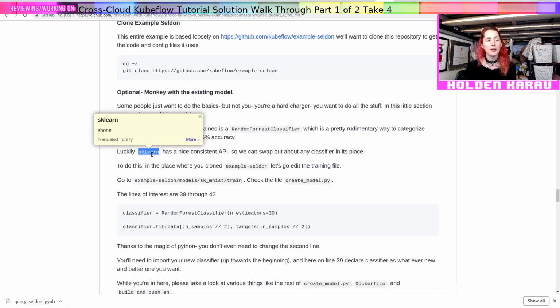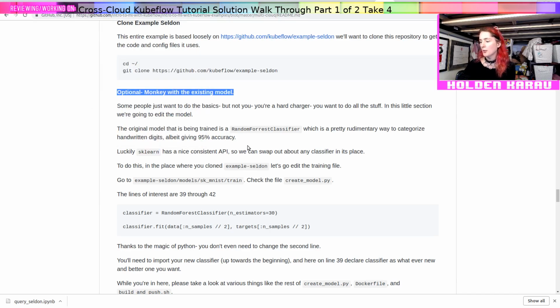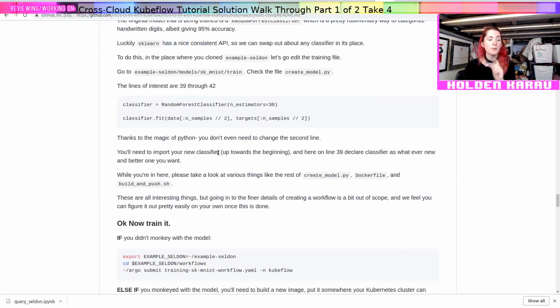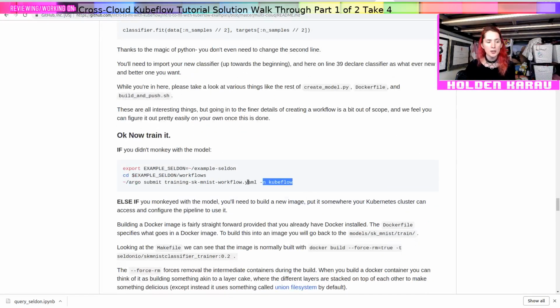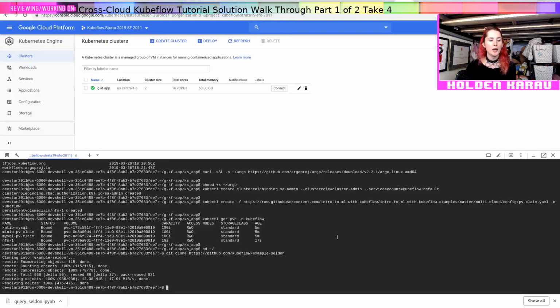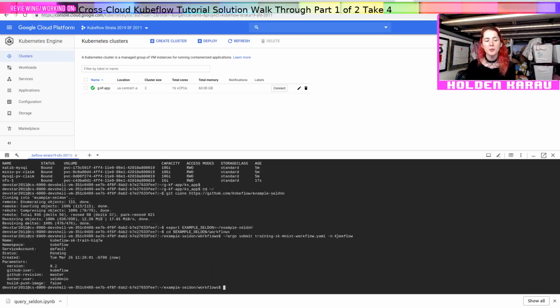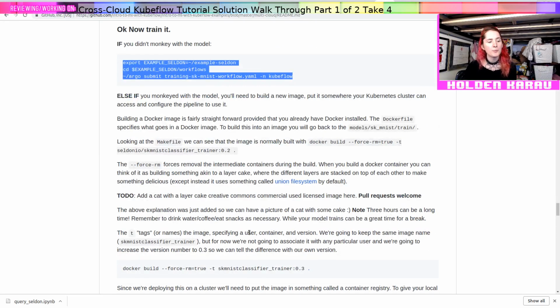Now, thankfully, there's this optional component where you can monkey around with the existing model. That is, you can train different kinds of models. You can swap SKlearn around. We are not going to do that in the workflow because I want to get finished quickly. And I would encourage you to at the very least first do it without monkeying around with it, and then do another one where you monkey around with it afterwards. So that's going to train